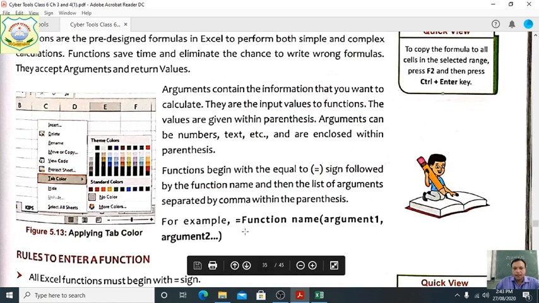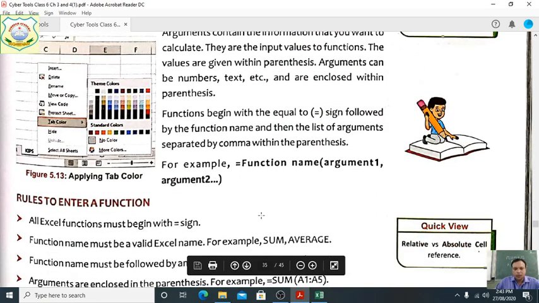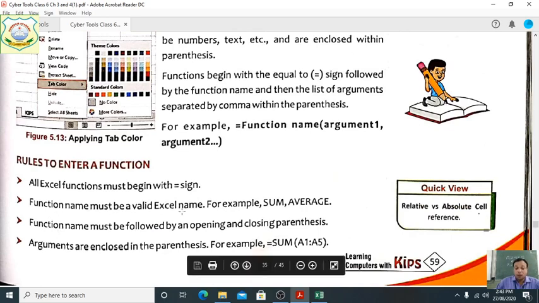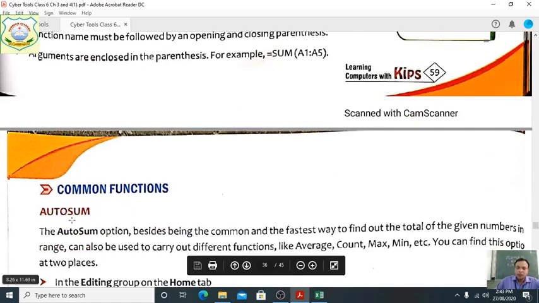A function is written with the function name and then the list of arguments separated by commas within parentheses. So what are the rules to enter a function? Always start with the equal sign. When you want to use functions, it should be valid. Always use parentheses, like a bracket. Arguments are enclosed in the parentheses, like SUM, bracket, the range A1 to A5. This way we have to use it. Okay, so students,